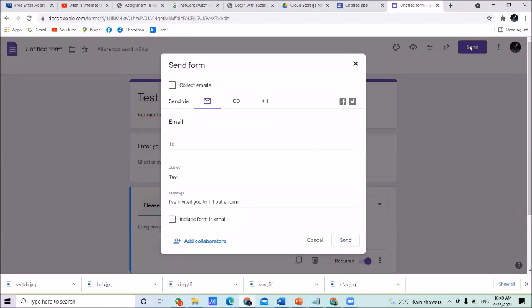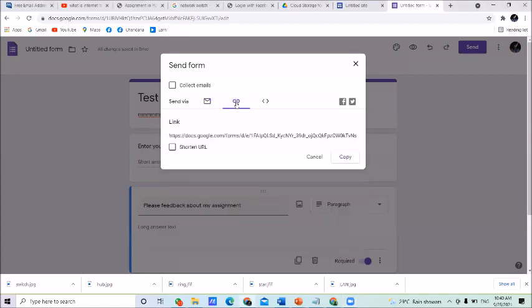Once you click the send button, another box will appear. From this box, select this middle option here. You can see send via email. The second option is link. Click on here.